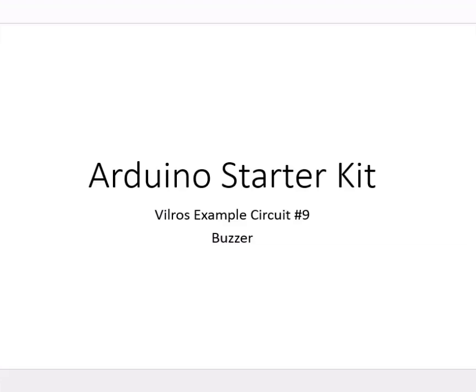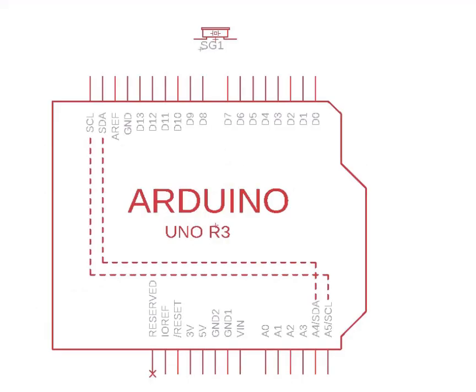For example circuit number 9, we're going to look at another way of producing output from our Arduino circuit. In this case, a piezoelectric buzzer unit, which will produce sound depending on the electricity that passes through it. As with some of our previous ones, the actual control schematic for this is fairly simple. We just take output from pin number 9 and we feed it through our buzzer unit, which is then connected